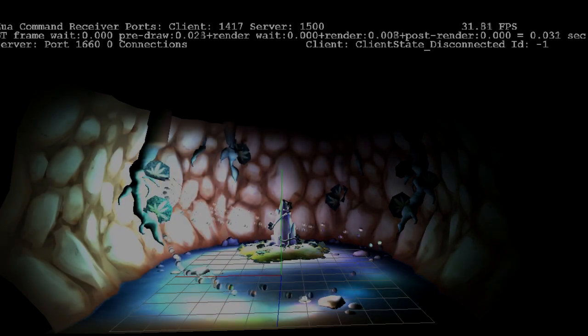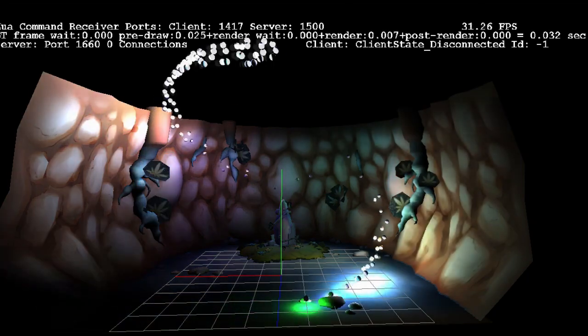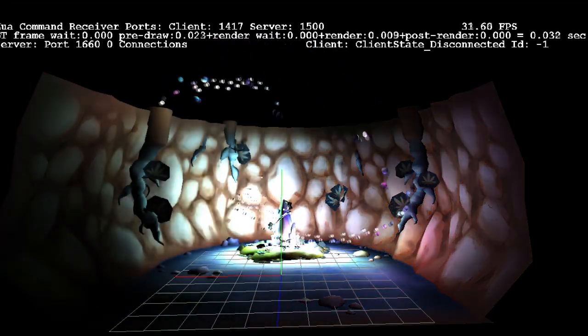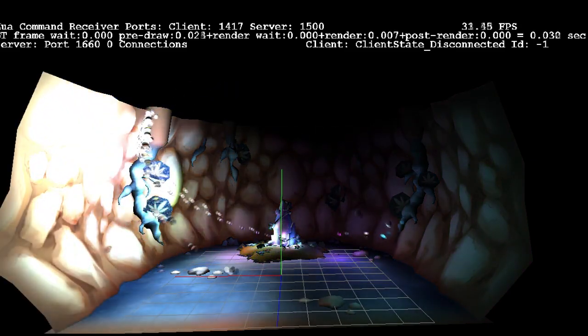Hello! For my milestone 2, I wanted to continue my work on deferred shading. I wanted to create a scene that showcased the ability for deferred rendering to support many lights. The scene you're looking at right now has 100 point lights in it, and it can support a directional light